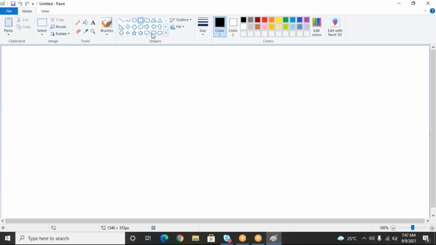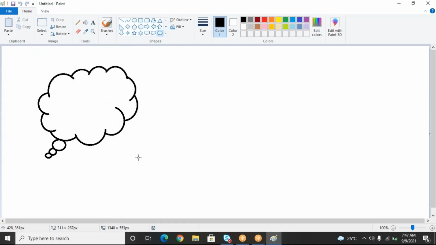I have a data lake inside the Azure. This is my Azure. This is my data lake,